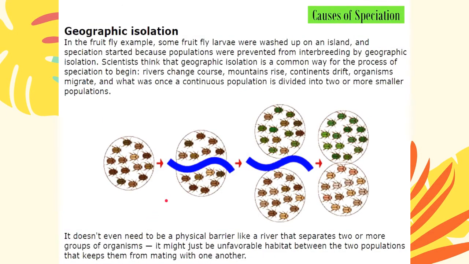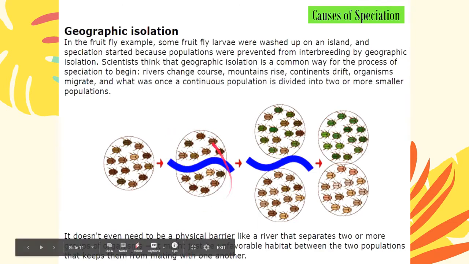Now let's look at causes of speciation. The first one would be geographic isolation. So here, very easy. Isolation, they are separated from each other geographically. Okay, it's the physical environment that separates them. So for example, if this is your original population of fruit fly, and for some reason they were separated either by a river or there's an event, for example, in genetic drift, a catastrophic event or a fire, or they just happen to be swept on different parts of the island, then those